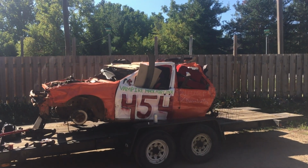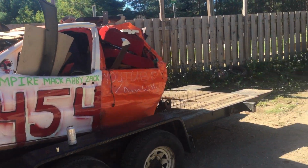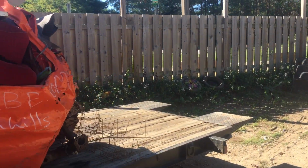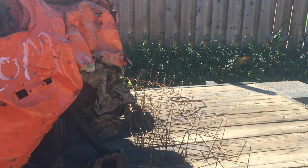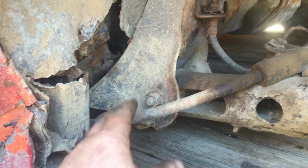Okay, so we're starting to get this car ready for scrap. Actually, to be honest, we're finishing getting this car ready for scrap. My buddy Mark ran this car in Barrie, and we've stolen parts off it already. But some weird things happened to this car that I haven't really seen happen to a lot of Cavaliers that